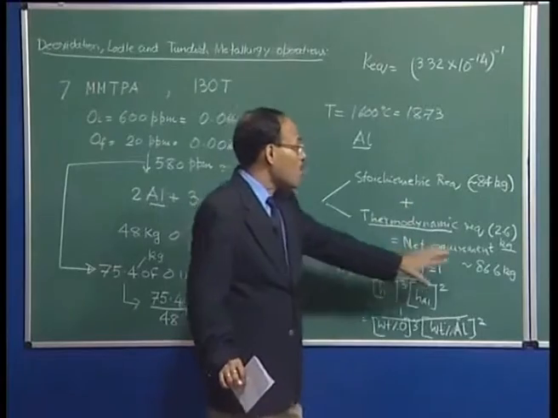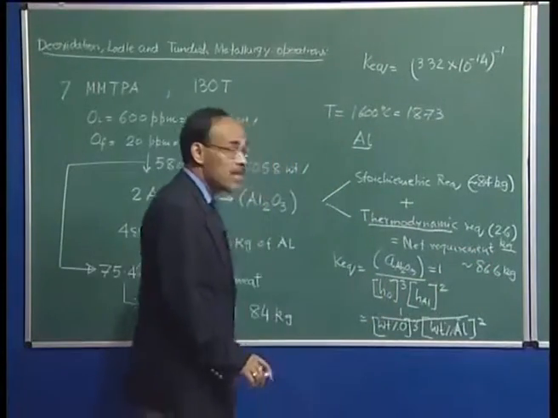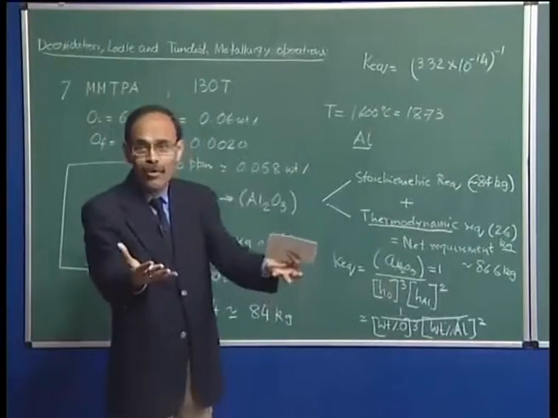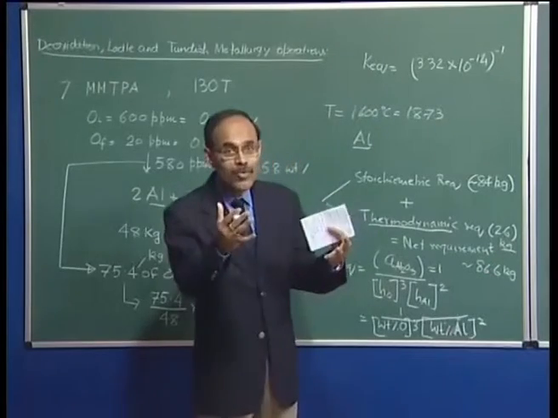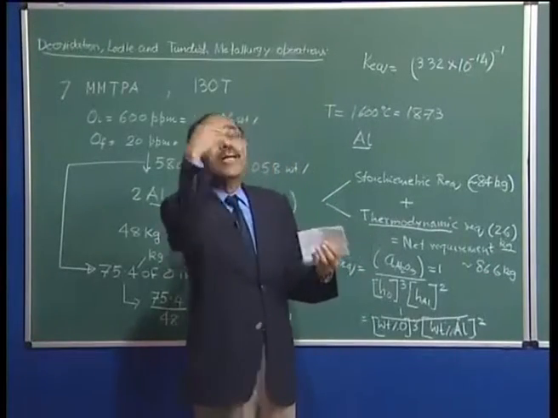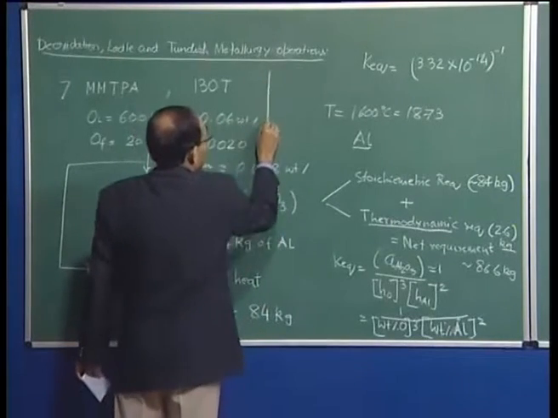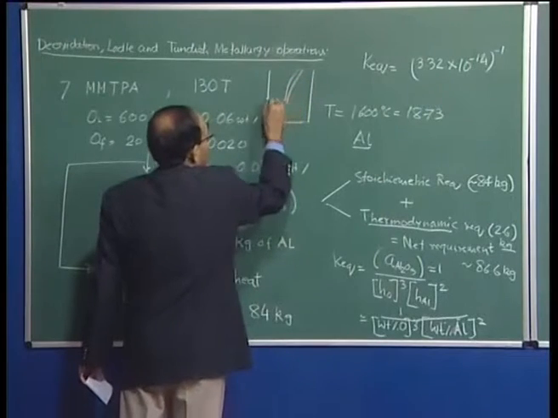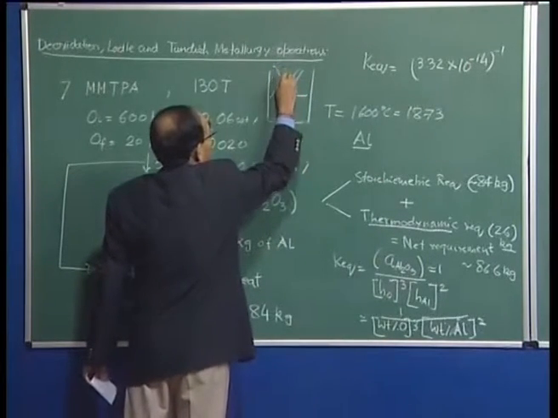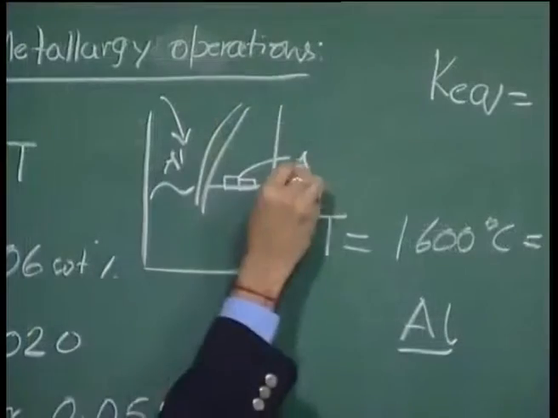So we are not considering any loss of aluminum, but in reality we have to add much more than 86.6 kg, because some of the aluminum added is going to be reacting with the atmosphere. What did I say? I said earlier that we have a ladle here, and in this ladle we have a stream coming in, and we are adding aluminum in this way, and all the aluminum will be floating here. So these are going to be my aluminum.